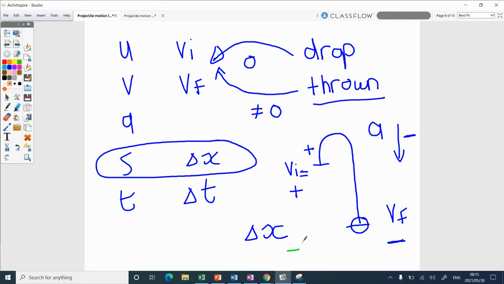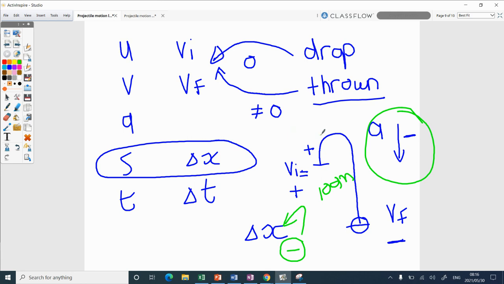Negative. Delta X must be negative, and this is the one where people make mistakes. They tell you that this is 100 meters and you just go delta X is 100 meters, and you forget that because we decided down is negative, they have to put the negative, and that's the main problem with these questions. You say VF was positive. VF is negative. So is delta X going negative after the maximum path?